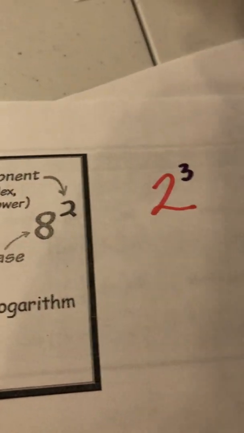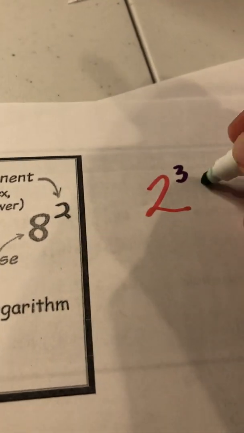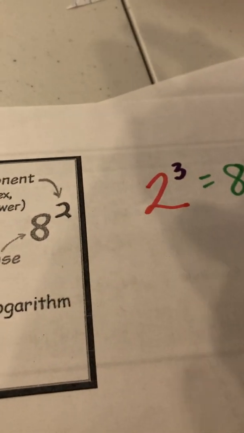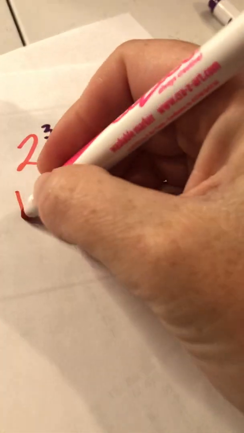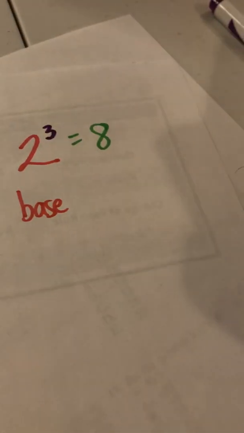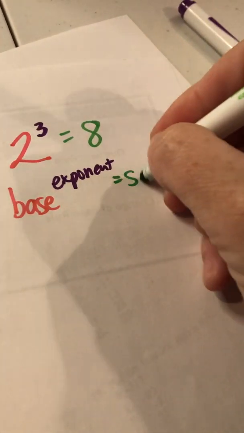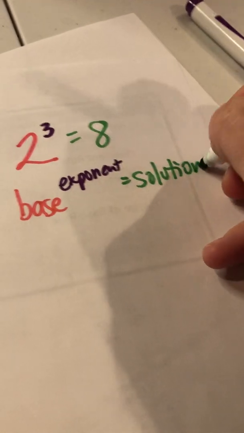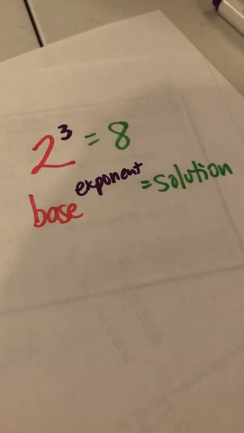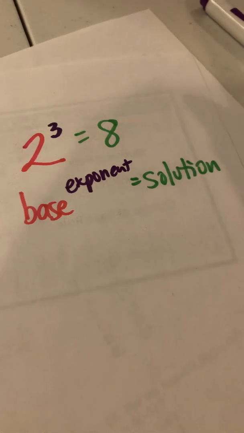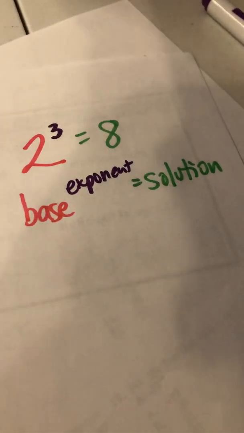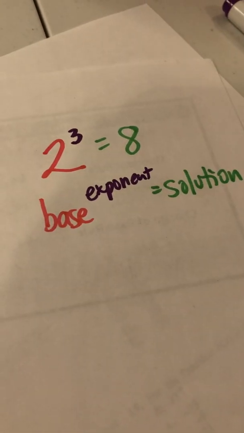2 cubed equals 8. Okay, so this is called a base, an exponent, and it's going to equal what I call the solution. Every teacher does this a little bit different, but the way I teach that we're going to do logs